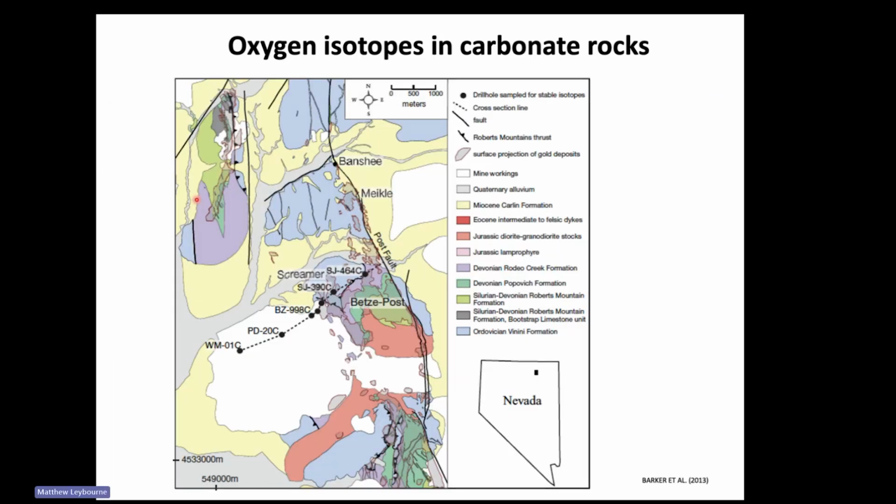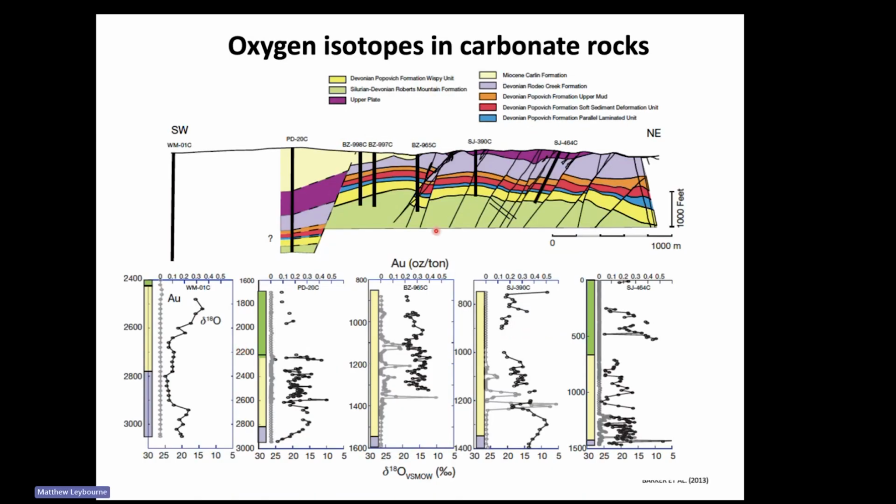And so this is a real example from Nevada. I think it's called the Screamer deposit, I forget. But this is just a surface map, different geology, which is not really that important. What you see is a series of drill holes in a line. And so we're going to look at those in cross section. Here's the geology in cross section. These are gold deposits in Nevada. And what they did was a whole bunch of oxygen isotope analyses and gold analyses on samples from all these drill holes. So if we go to this one, SW, which is well outboard of mineralization,